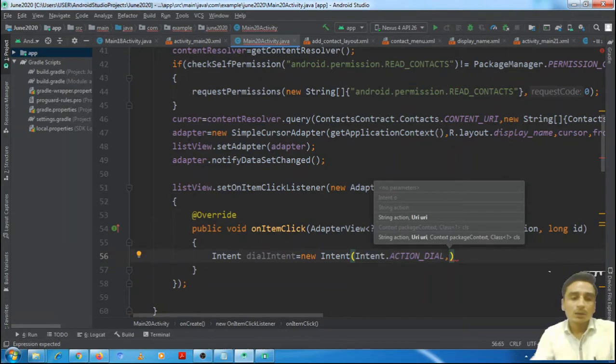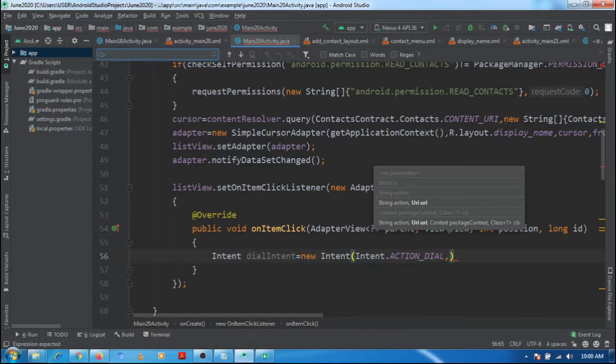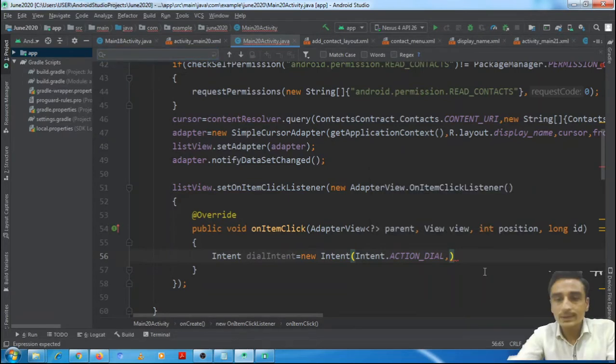He can ignore it and not place a call, or if he wants, he can also initiate the call. So what I mean to tell you is that we don't need to take any permission for using this action dial intent. The second argument to this intent is the telephone number or the mobile number which we want to pass to the dialer application. Sorry, it is URI. URI dot parse,